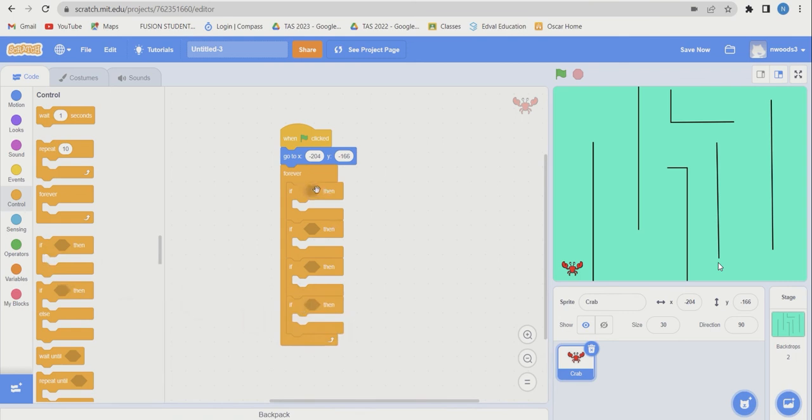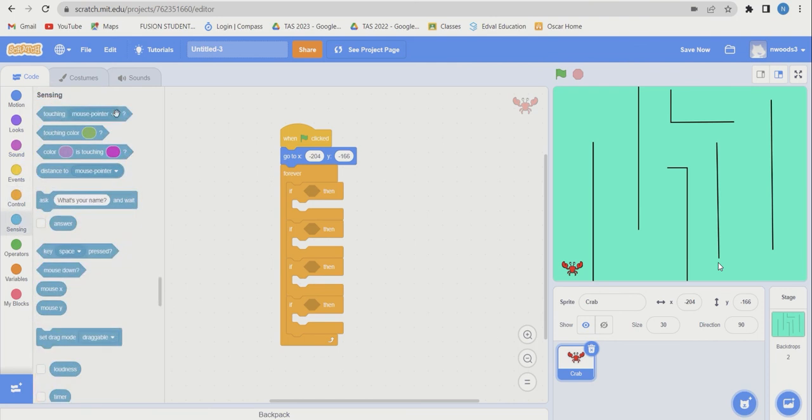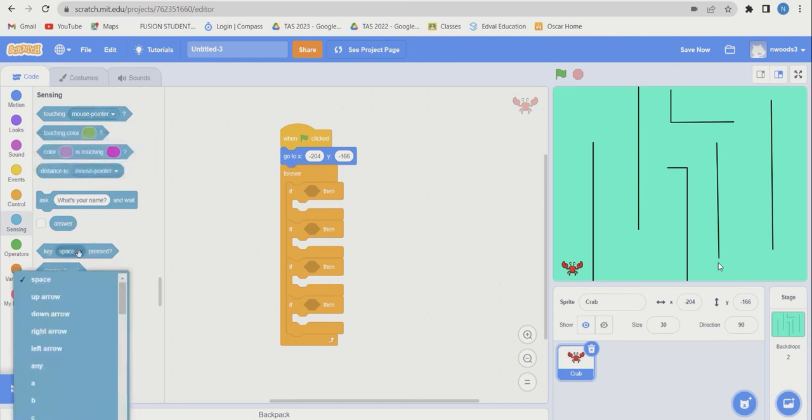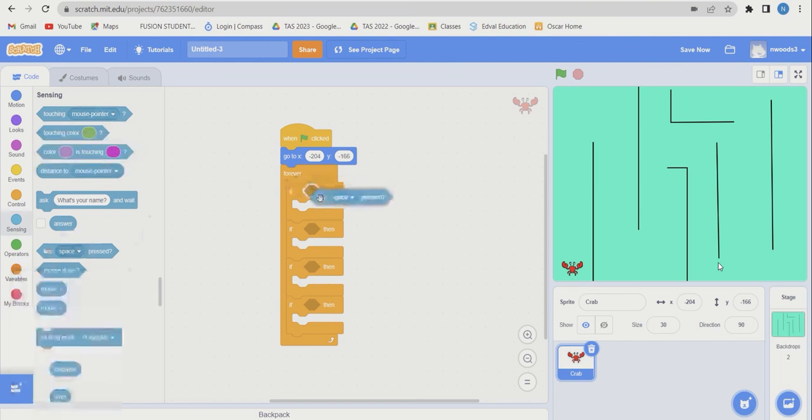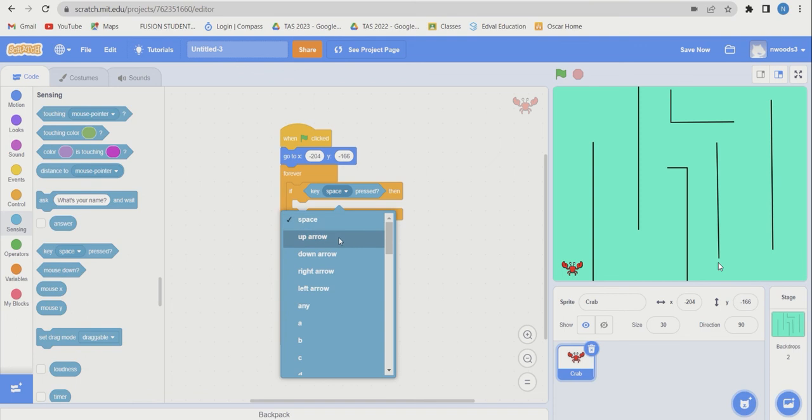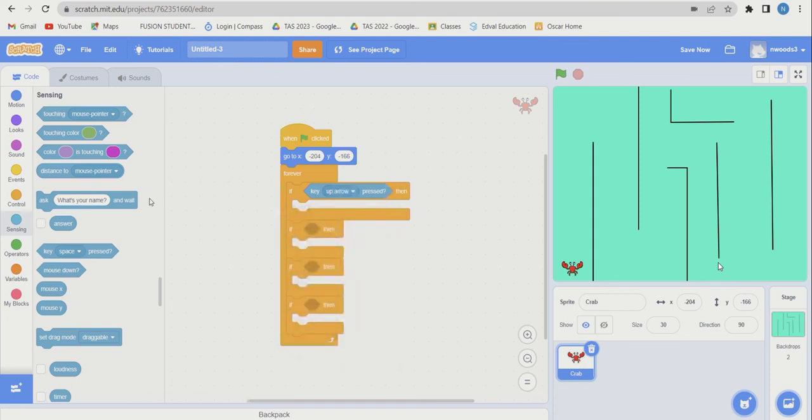So I want if, and then I need to look for a block that will fit in that shape. So it's got to have those 2 diamond edges on it. So if touch in sounds like a sense. So in sense in, touching mouse pointer, no, not those. Key press, that looks right. Yep, and I've got some up down options. So if space, I'll change it to up, pressed, then